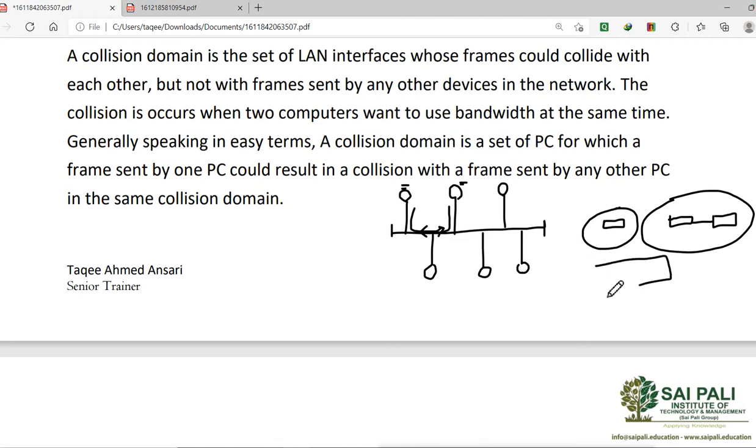That means in our switch, if we have 3 ports here, we can say we have 3 collision domains in a single switch. So as many ports as we have, that number of collision domains we have in a switch. Now why? Because switch does not do the collision. Because switch creates the MAC address table, it knows where the port is, where the MAC address is, where the PC is, where the device is, and it will send only to that device. It will not send to any other device.